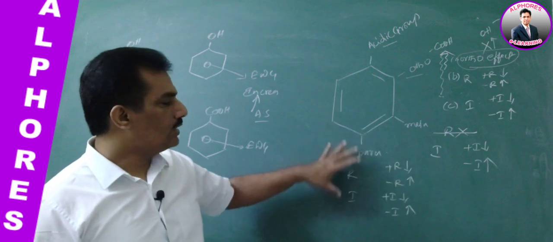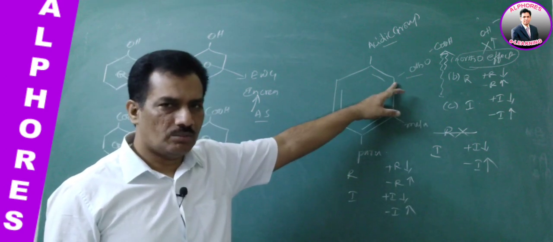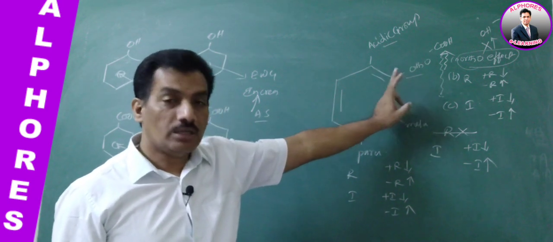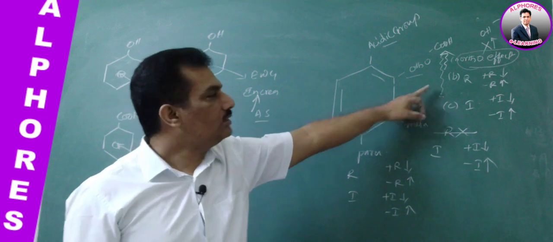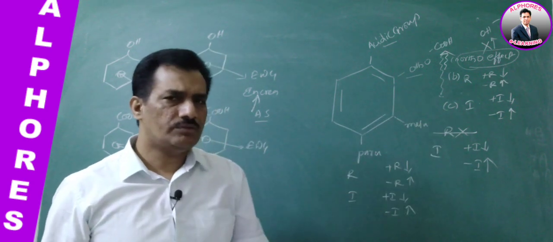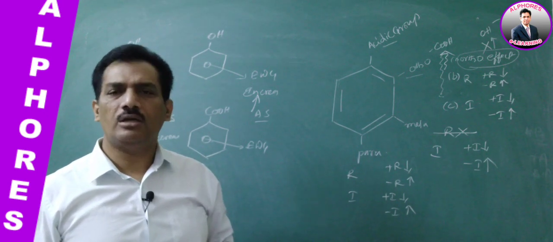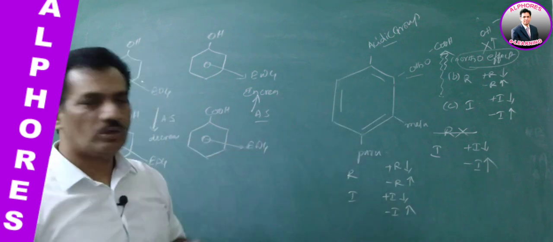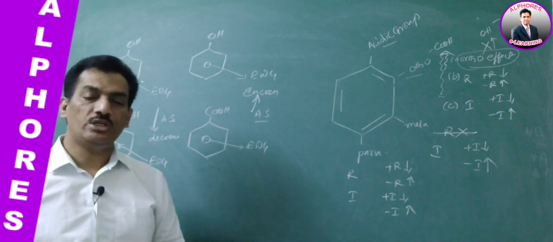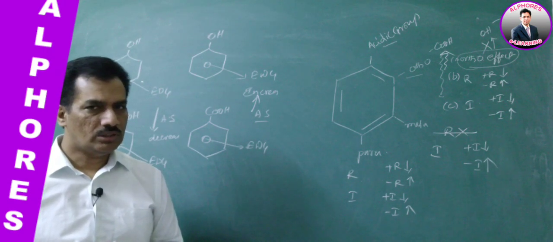Clear? With this one, depending on the position, just imagine, if it is at the ortho position, for the substituent you operate all these three things, in case of benzoic acid. In case of phenol, just imagine these two. A minus, withdrawing group promotes; plus I, a donating group, demotes. Like that, you have to imagine the acidic strengths in substituted phenols or benzoic acids. Are you clear with all this?